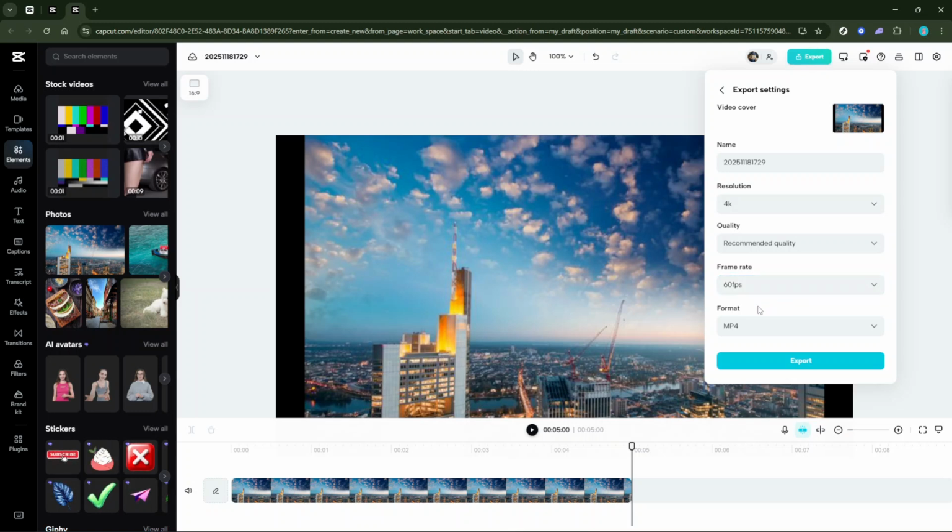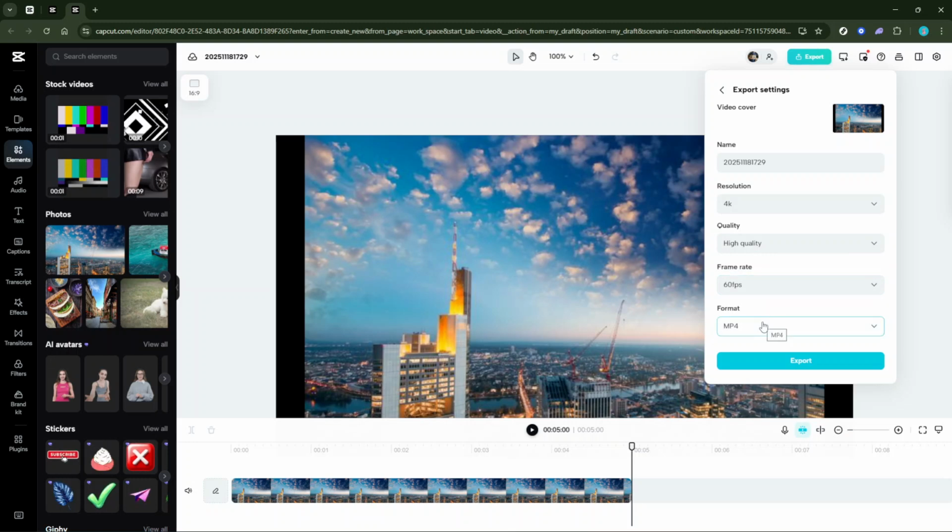Moving on, let's not overlook the bitrate. Think of the bitrate as the amount of data used to display each second of your video. Generally, a higher bitrate means better video quality. For HD videos, somewhere around 10 to 20 megabits per second, or Mbps, is a solid choice. This adjustment will help ensure your video looks crisp and detailed.